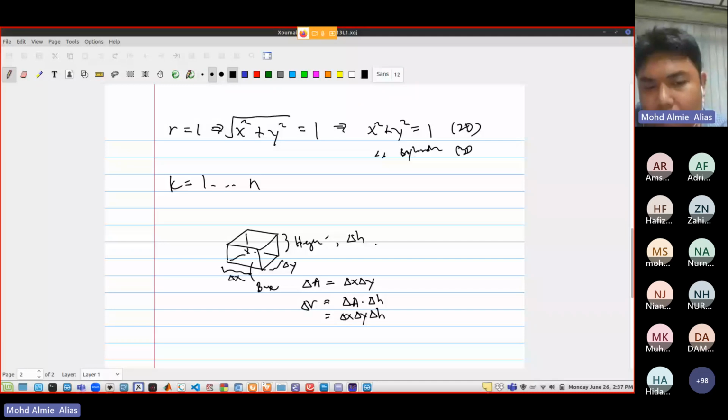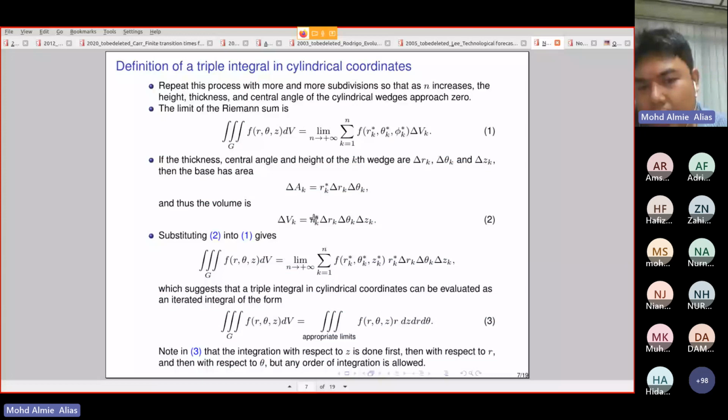But the idea is to find the volume of a certain solid. You just multiply the base area with the height or the thickness or whatever you want to call it. So the idea is the same. Here you have delta V. Just ignore the K and the asterisk here. So delta V is actually equal to